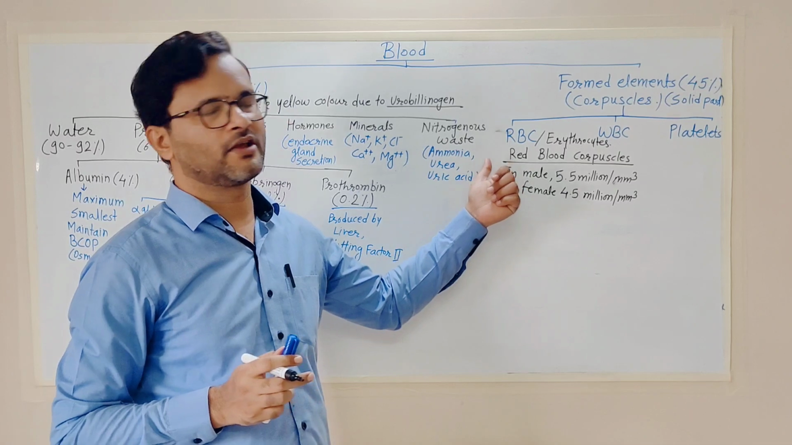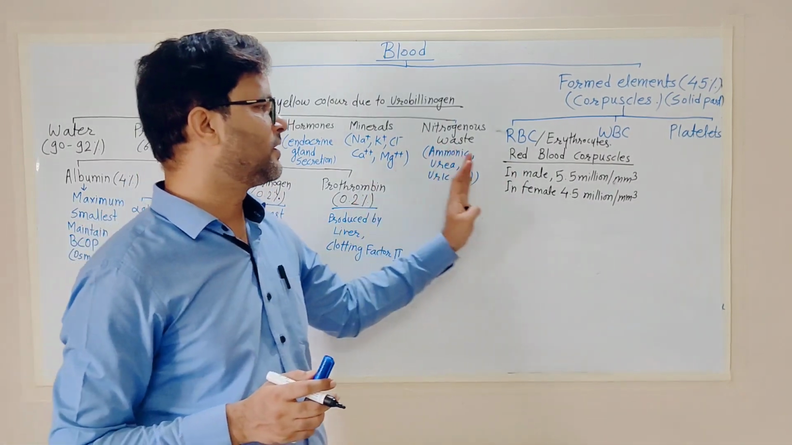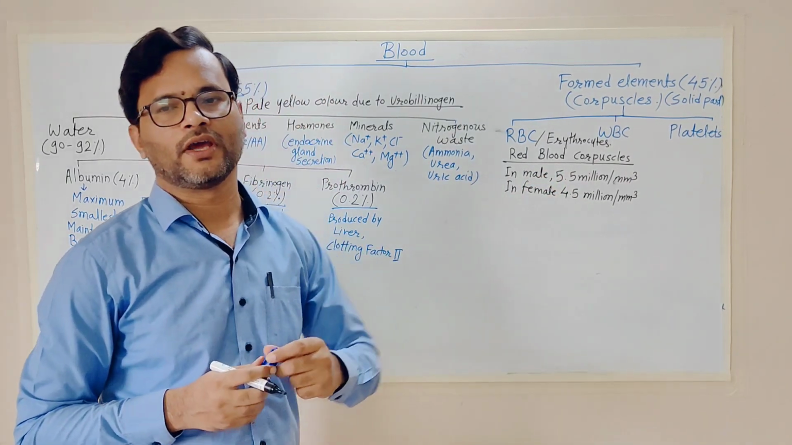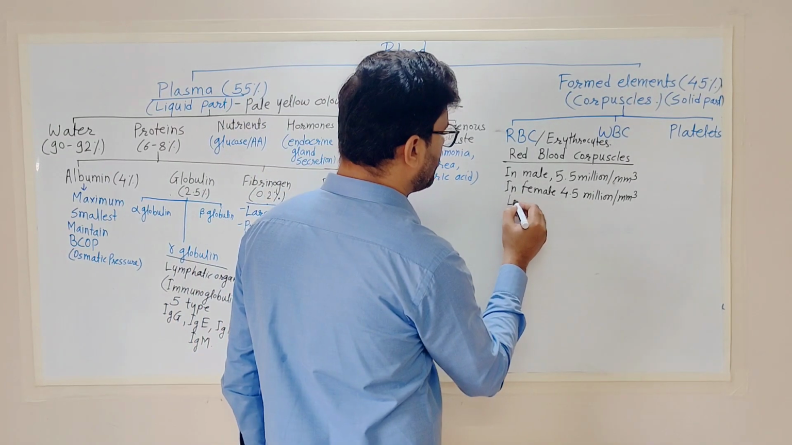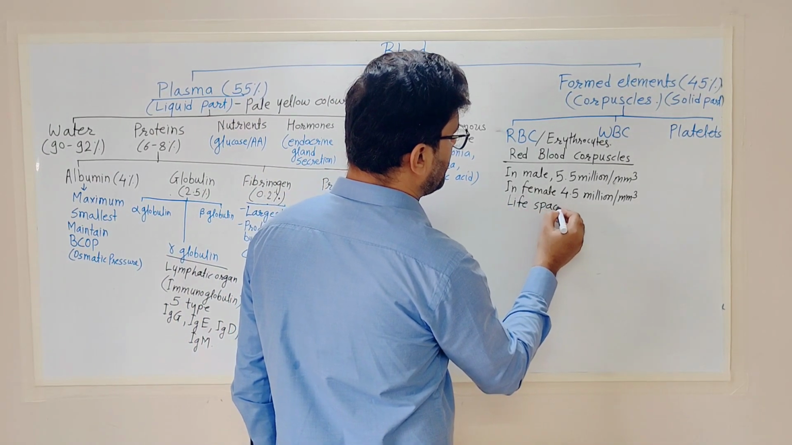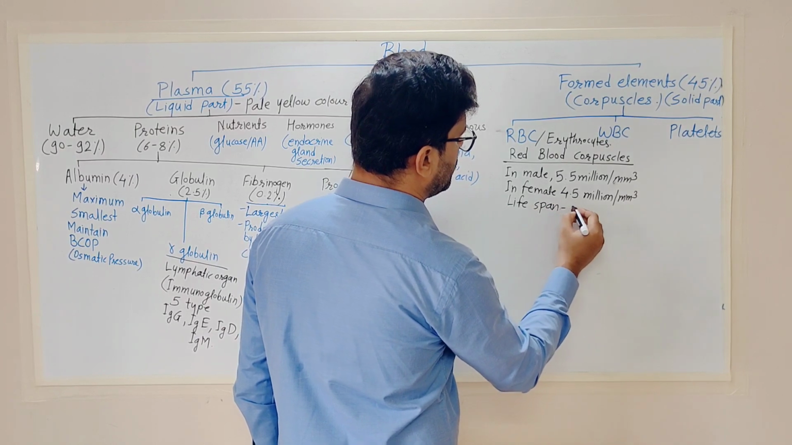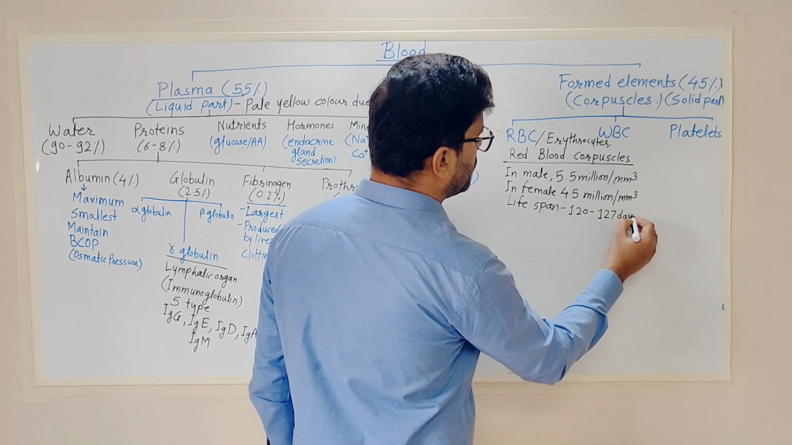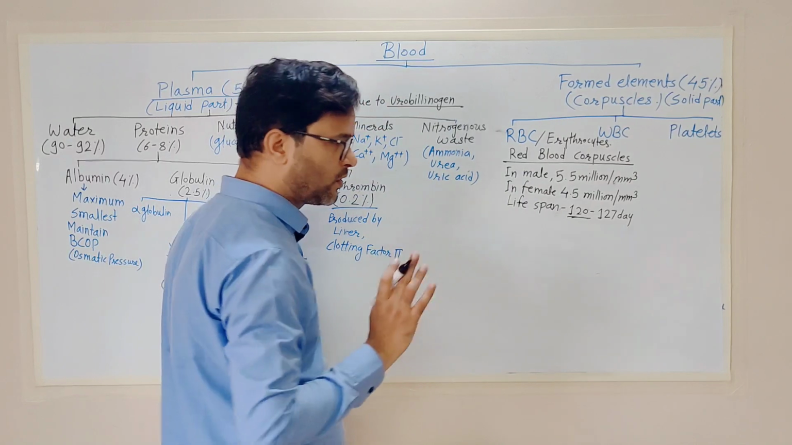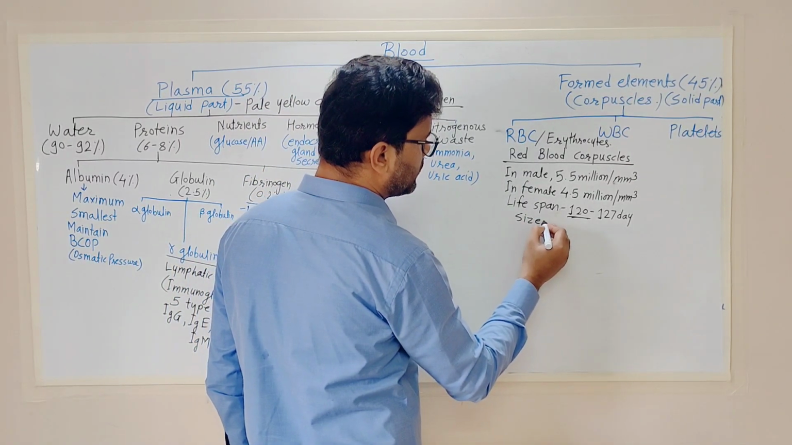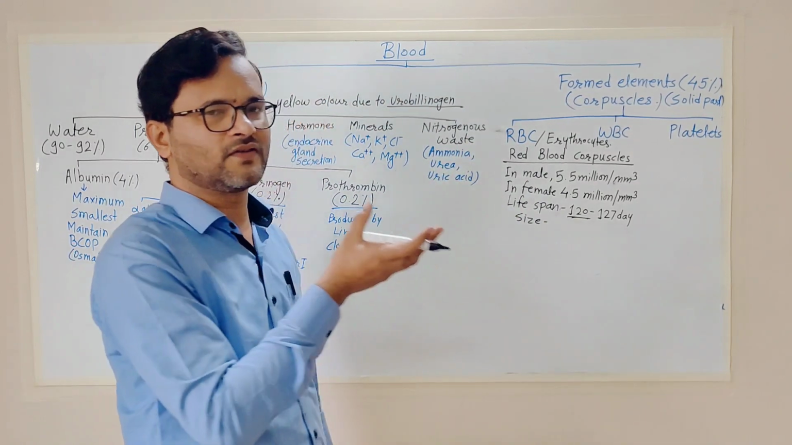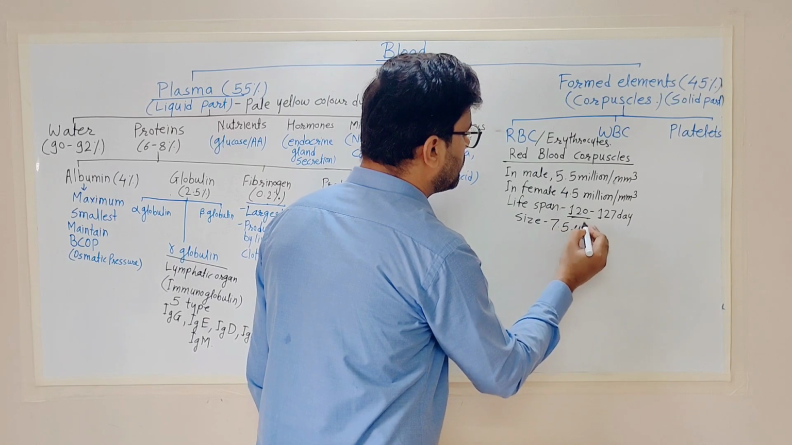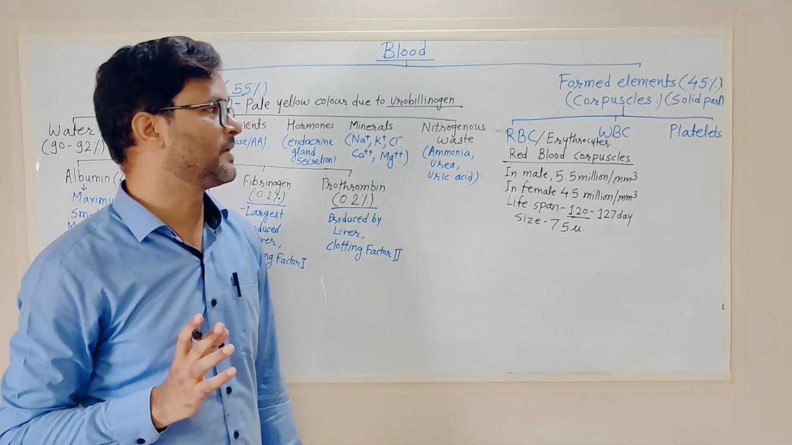So basically they are red color cells. We can say the red color is because of the hemoglobin, and their concentration differs in male and female. Now in case of their size and lifespan, the lifespan is 120 days averagely, or 120 to 127 days. Okay, averagely we will write it as 120 days only. And the size of the RBC is specifically, we can say, 7.5 mu. This much small size is present in the